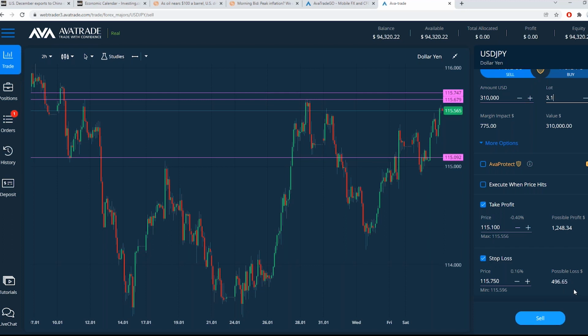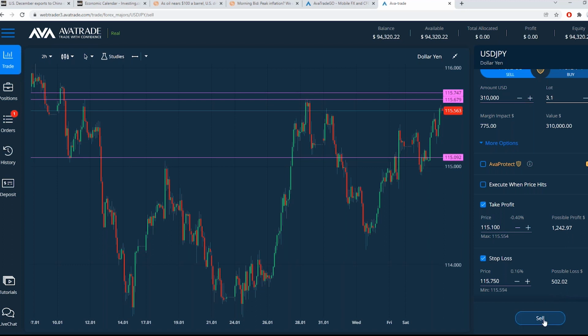Okay, so there we go. I let the technical analysis and the fundamental analysis determine my entry point and my direction. And now I do the risk management here to make sure, based on those entry points and stop loss marks and take profit marks, that now I have the right trade size for the possible loss that I want. And then I can set this sell in motion now.